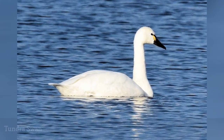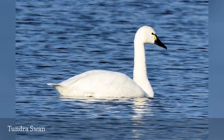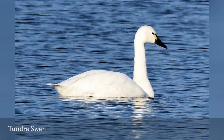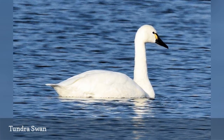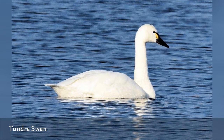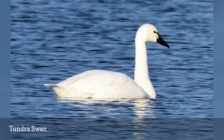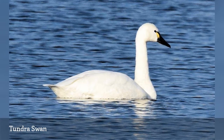Central and northern California is one of the largest traditional wintering grounds for the tundra swan, Cygnus columbianus. These large waterfowl are easy to spot with their all-white plumage, and the black bill with a small yellow spot before the eye and a thin reddish grin patch helps confirm the identification. Juvenile tundra swans are grayish or brownish in late fall and early winter, but are much whiter by late winter